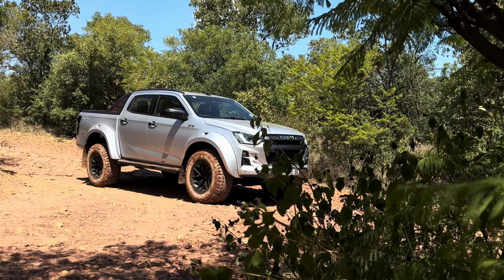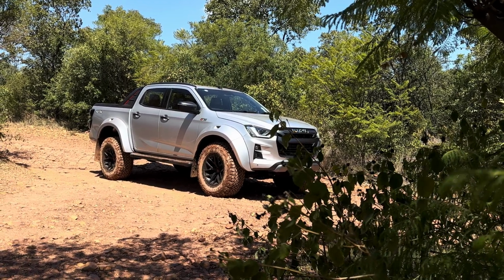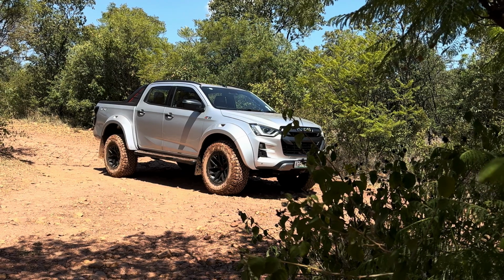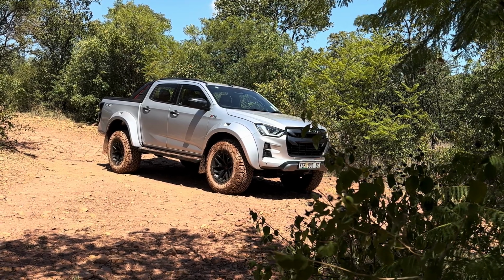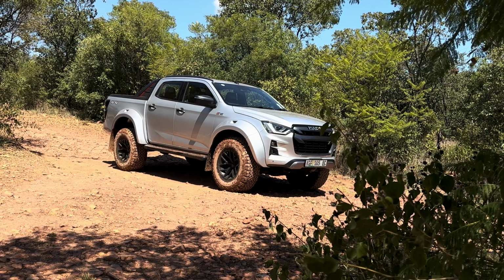What's up, guys? This week I'm driving the Isuzu Arctic Trucks 4x4. Now, this is quite a special bakkie. It is developed right here in South Africa at the East London plant, and it's quite a monster. Everything about this bakkie is fine-tuned for off-roading and 4x4ing, and that's what we're going to be doing today. I'm actually on my way to Hennops, and we're going to be putting this Arctic Trucks through its paces